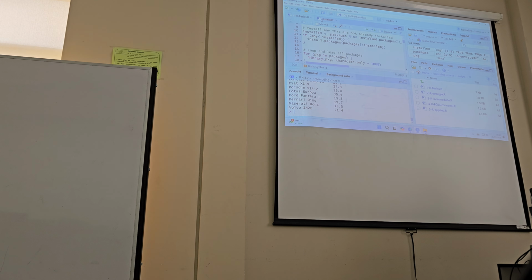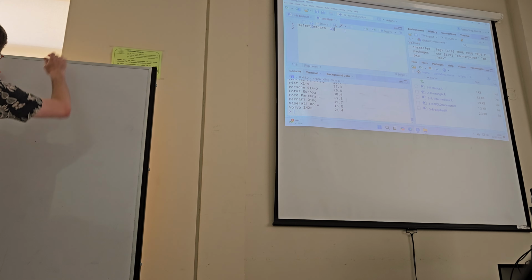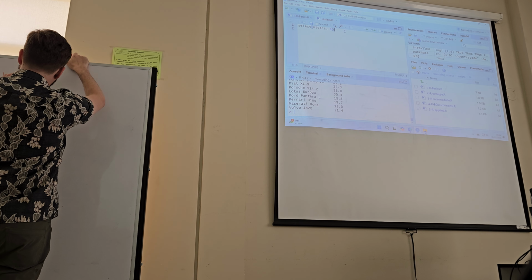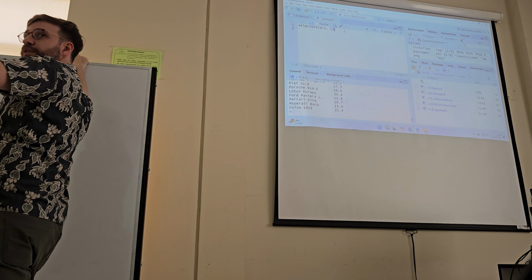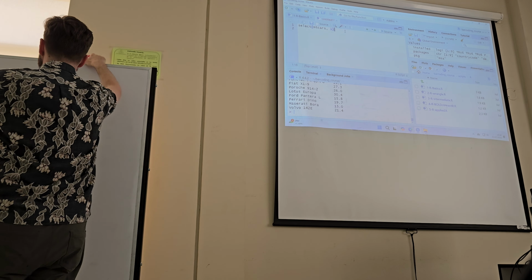So once you run that, see if you can write this and see if it works. See if it gives an error. So select empty cars, comma, 1. I'll write it on the board. And it might not work, and then there's a solution. And if it works, put a green sticker. I put some greens on here so that